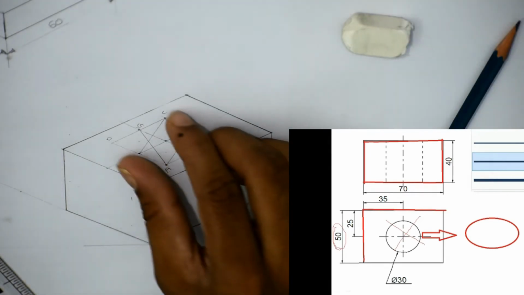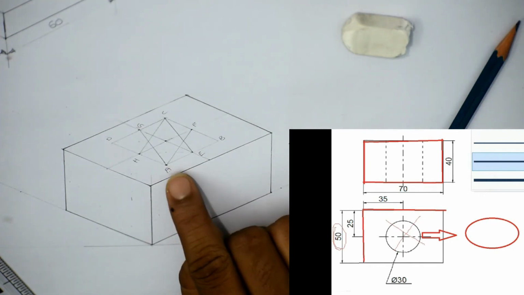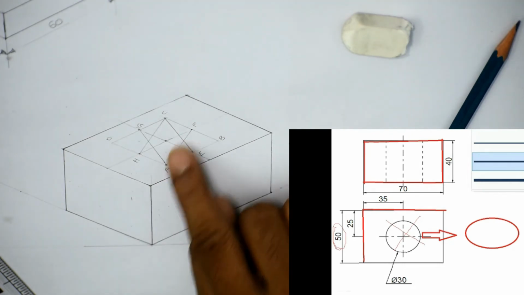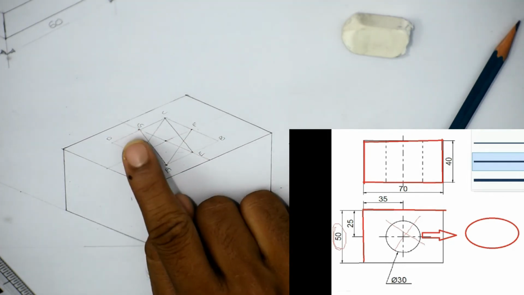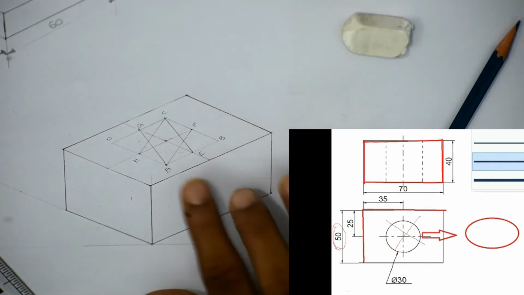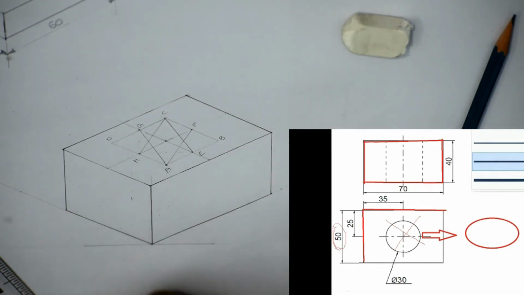Till now we have drawn a rhombus and we have named the points A, B, C, D. Then from A I have joined the two opposite lines at the middle, and from C also. Only two corners are required to take these lines. You do not take them from B and D. That's not required.